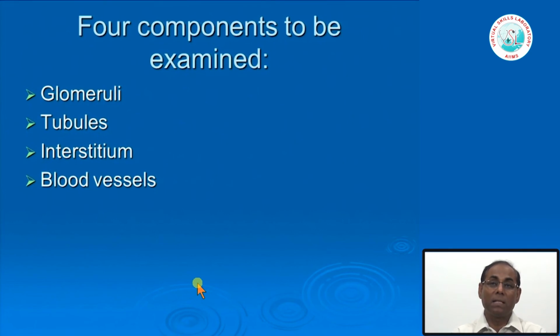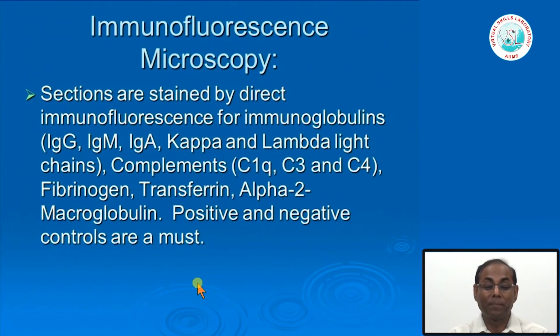Now, when we see these kidney biopsies under the microscope, we try to see the changes in the 4 compartments, because we have to see all the changes and then try to come to a conclusion that these changes are secondary to involvement of which component of the glomerulus or the kidney itself. So, we see the glomerular compartment, tubules, interstitium and blood vessels. These are the 4 compartments. I told you that many of the diseases can involve the blood vessels primarily, but that can involve our kidney. So, if we look into these 4 compartments separately, then our detection of these abnormalities is much better.